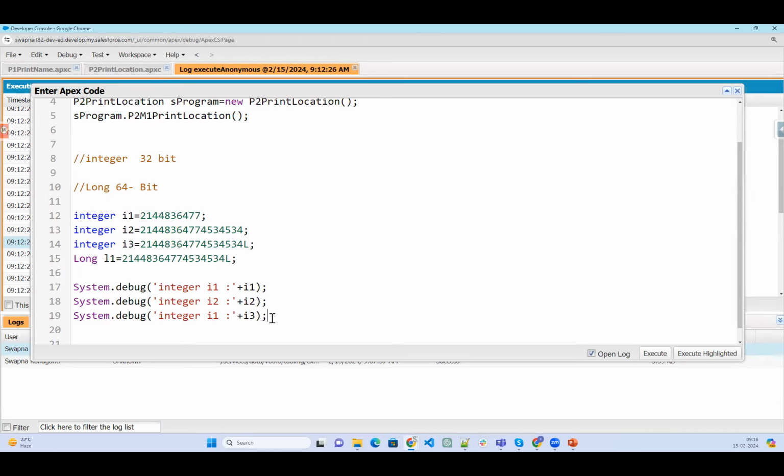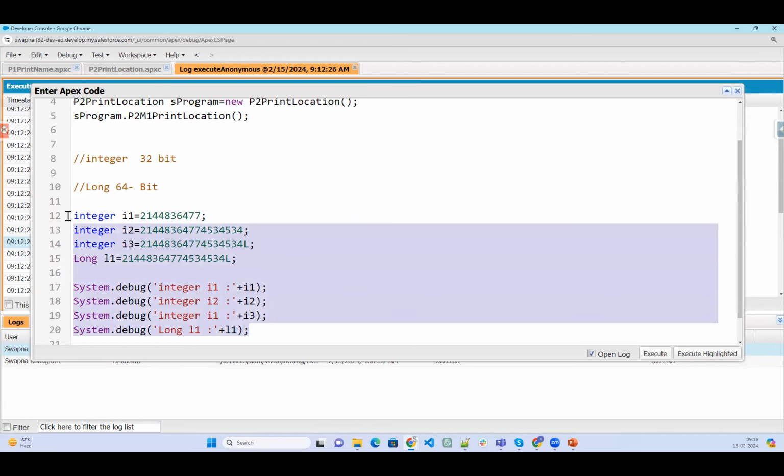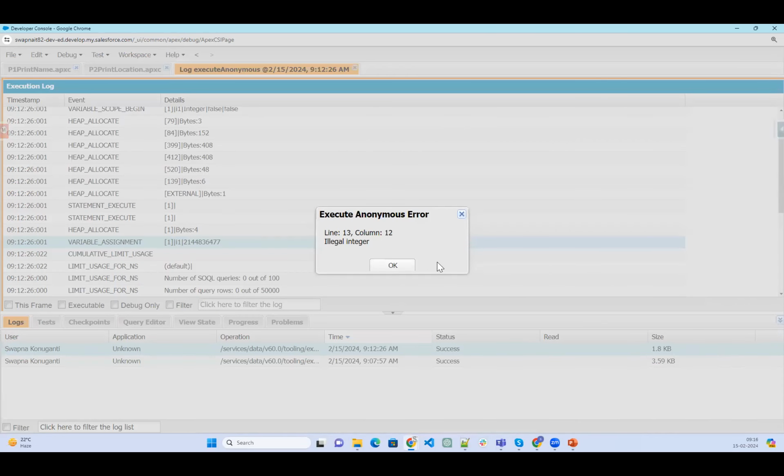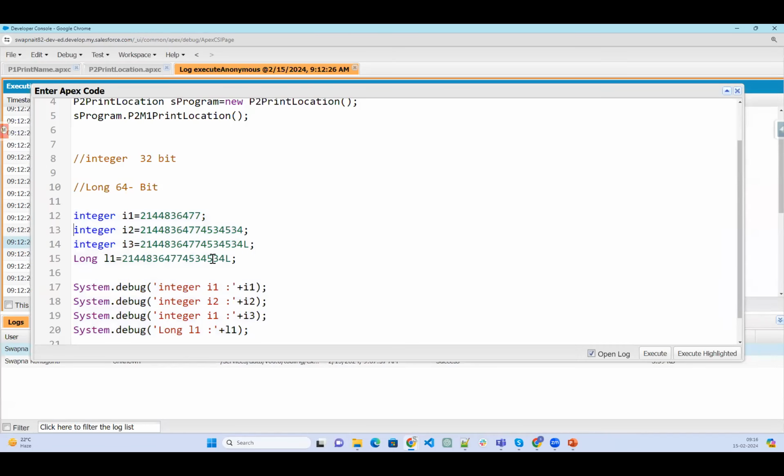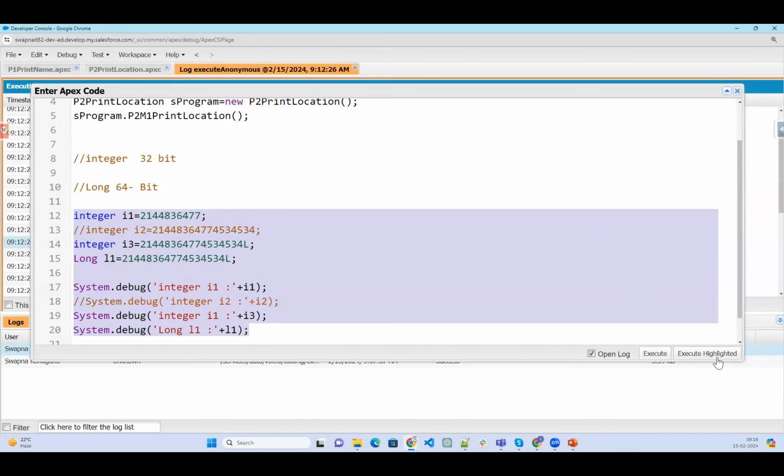And again, I'm going to put a system.debug here, and this is a long, L1. Now let's highlight this and click on execute highlighted. It says illegal integer on the second line. We cannot go ahead, so the second system.debug will not run. Now again, I'm executing it.